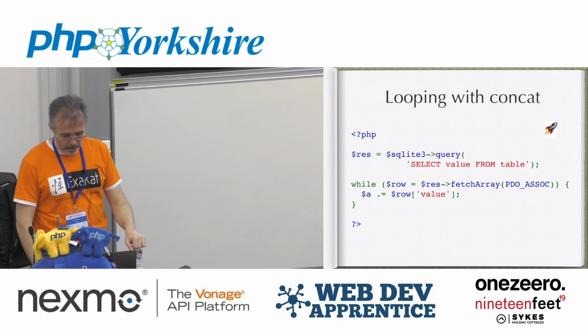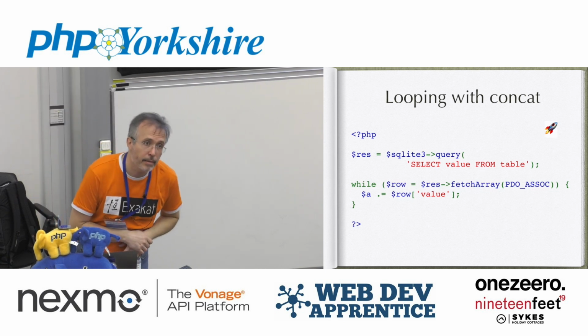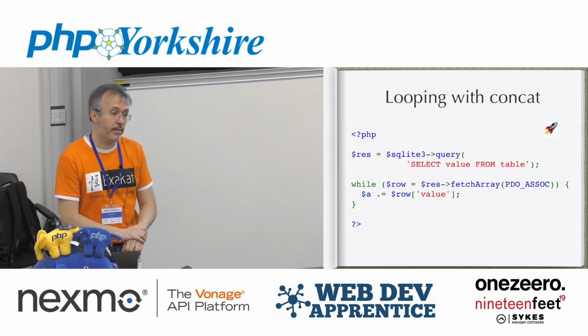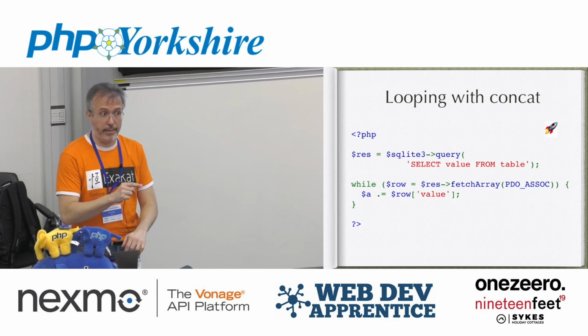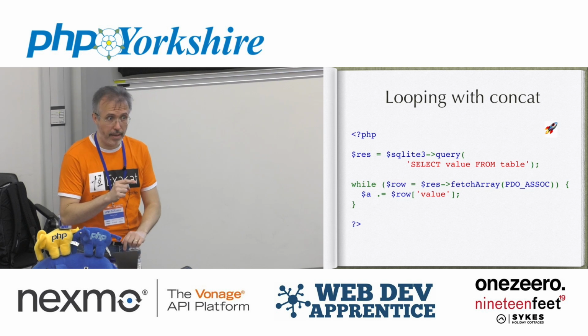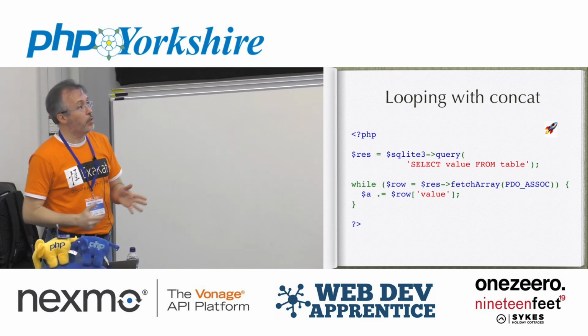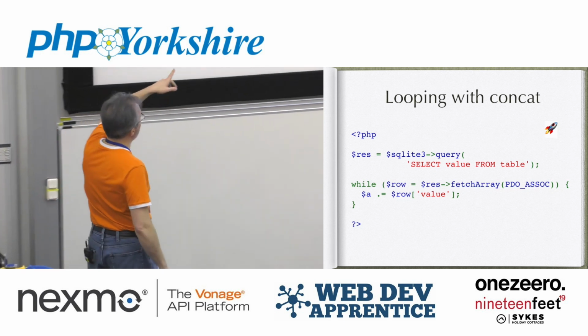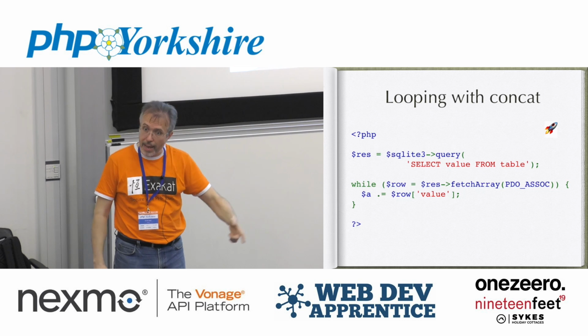Anyway, going on. Can you guess what happens with concat? The same. Concat is doing exactly the same. We have seen that during the print discussion, right? The concatenation will actually do the allocation anytime there's a new dot. So if you have the concatenation inside the loop, PHP will reallocate every string every time and do the copy